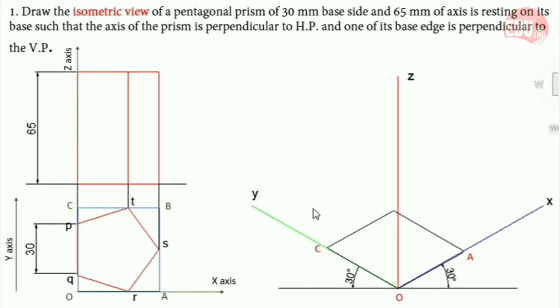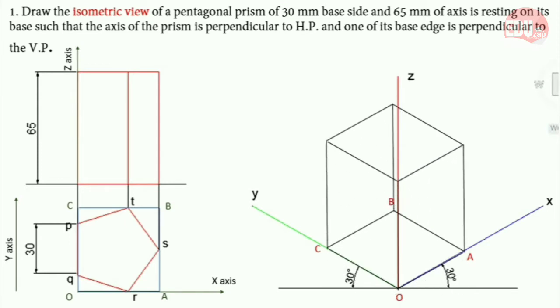This line should be parallel to this one, and this line should be parallel to this one. In that manner, you can find point B, and from all the points, you need to draw perpendiculars so that you can copy an exact rectangle as the bottom in the top face also.